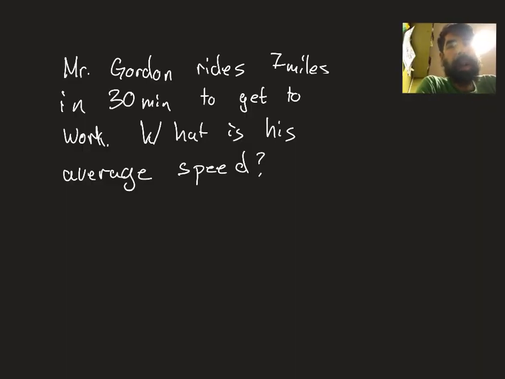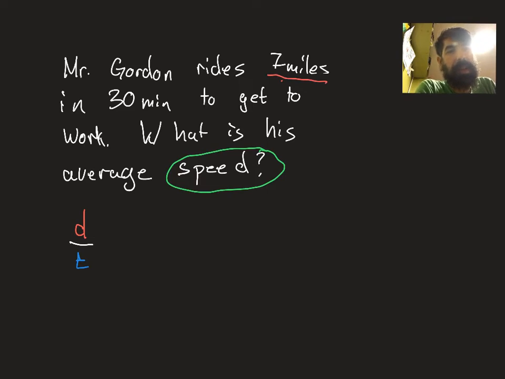Let's work through a practice problem, and then you can start in on your own problems. Mr. Gordon rides 7 miles in 30 minutes to get to work. What is his average speed? Well, I know that speed is going to be distance divided by time. So I can think of the unit, miles per hour. So my distance was 7